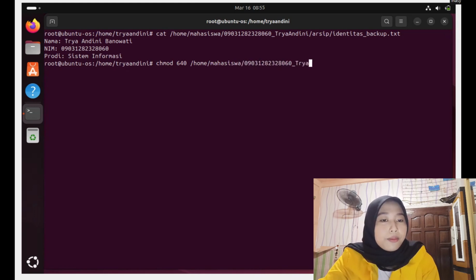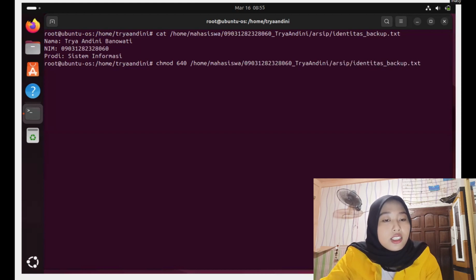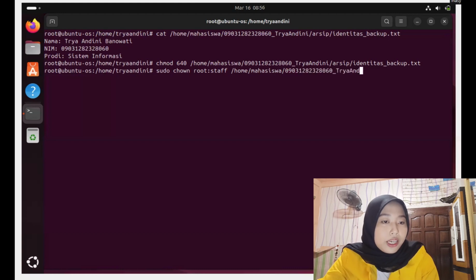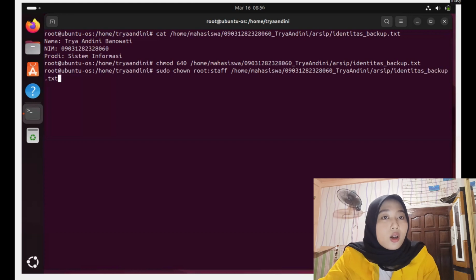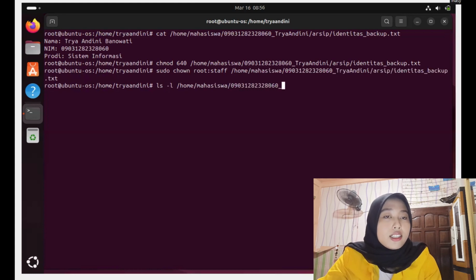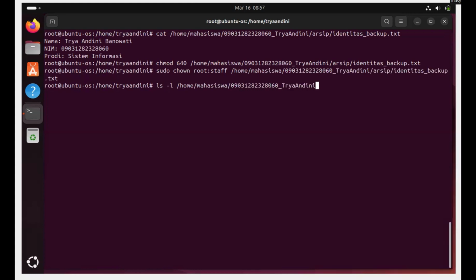And the next step is to check the permission. Next, change ownership to root staff. And the last step is to check the new ownership and permission with the command ls -l /home/mahasiswa/name/arsip/identitas_backup.txt.